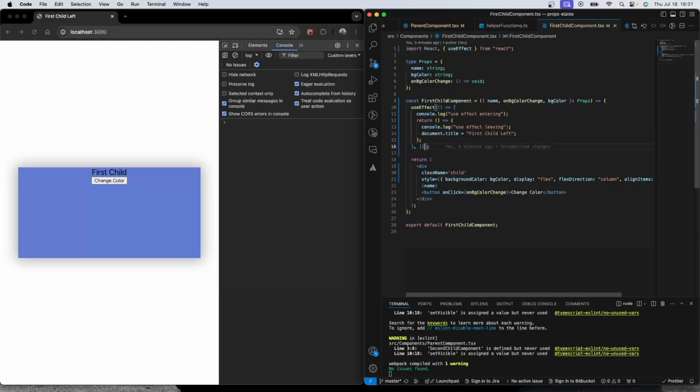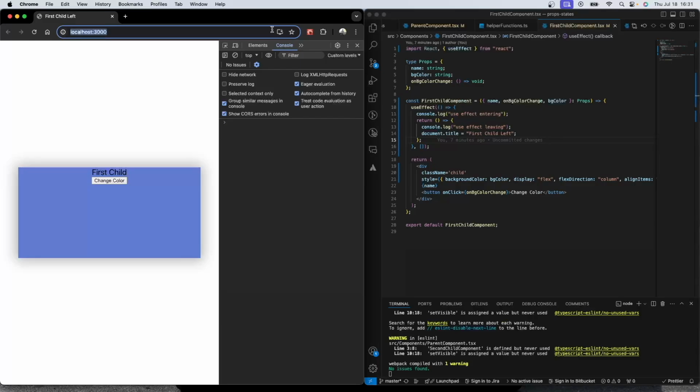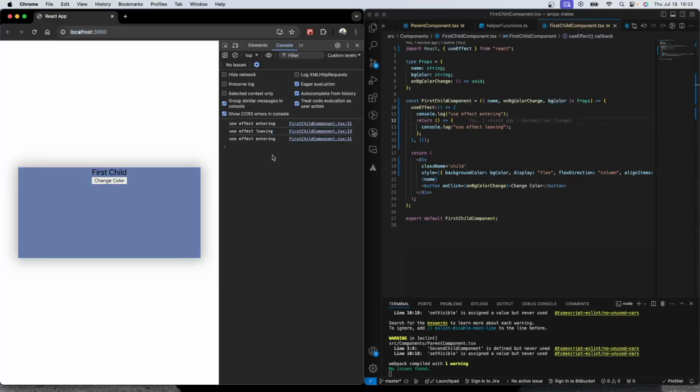And if you don't pass a dependency array, this is totally optional actually, this whole useEffect is gonna be called, and the code block inside of it is gonna run every time a re-render happens inside this function. If this is re-rendered somehow, then this useEffect will be called because you don't pass a dependency array here. So let's refresh our page here, run again. So here, as you can see,